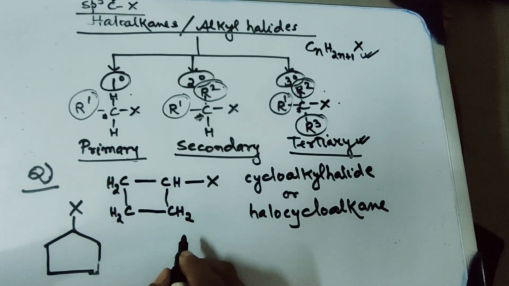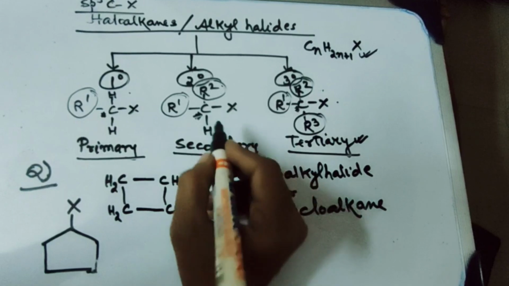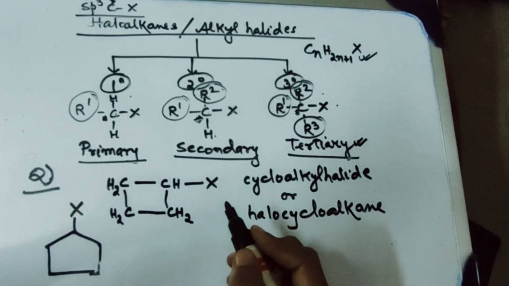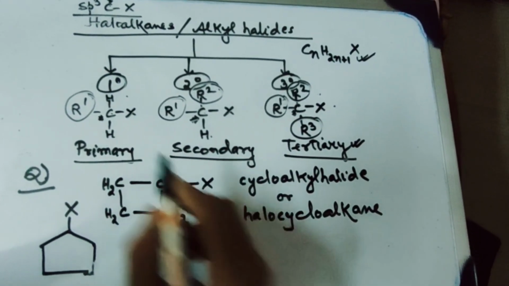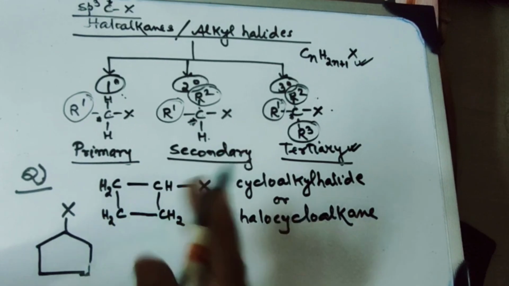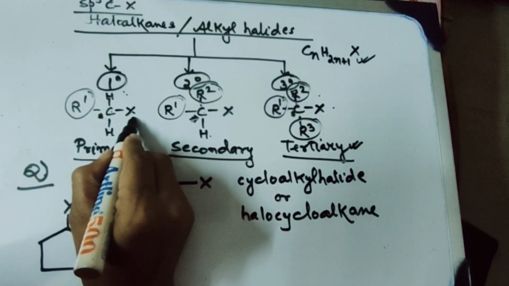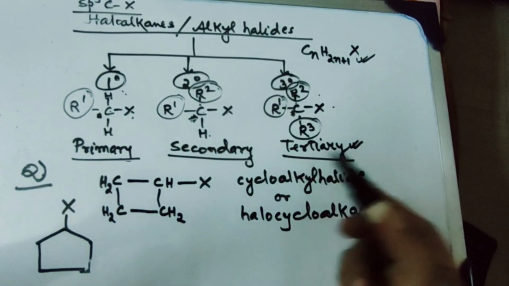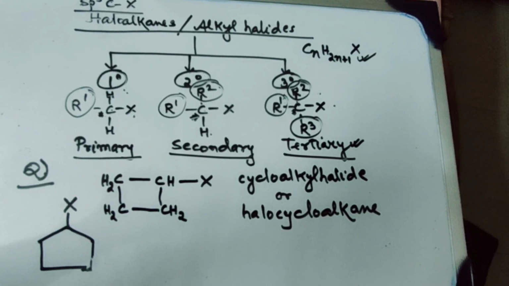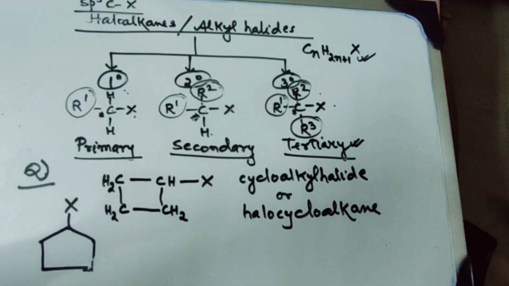Many have the habit of seeing that in a tertiary this carbon atom has no hydrogen, in a secondary this carbon atom has 1 hydrogen, and in a primary this carbon atom has 2 hydrogen. That is an obvious consequence because in a 1 degree 1 hydrogen atom is replaced by 1 alkyl group. So I will insist you see how many carbons the carbon atom bearing the halogen is directly attached to. If it is directly attached to 1 carbon, be it a part of 1 alkyl group, that is a primary alkyl halide. If it is attached to 2 carbon atoms, it's secondary, and if it is attached to 3 carbon,